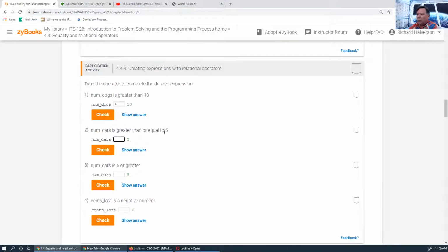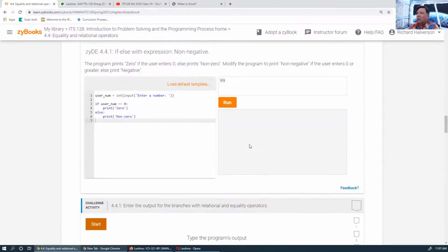Greater than or equal to 5 is going to be greater than or equal to, so you've got to put that there too. So here they just want you to modify this program where it'll say it's non-negative if the user enters a 0. Okay, so here we're testing if it's 0. Otherwise, the opposite case is the same as if. Okay, so they want us to change this